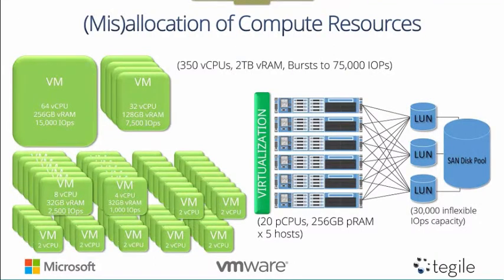Now, when I say misallocation of compute resources, functionally, this is an example of that overcommitment. So say it's a virtualization cluster, 5 physical machines, 20 cores each, 256 gigs of RAM. It's a good, solid virtualization environment, and you can squeeze a lot on there and get pretty good performance out of it. The hard part is when you start putting some of these SQL servers on there, if the storage can only do 30,000 IOPS total, and that's on a good day,